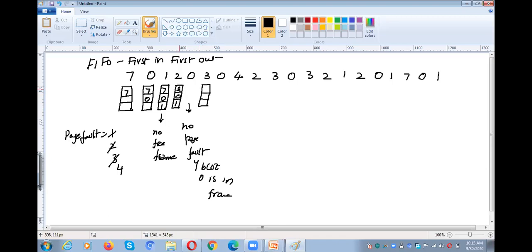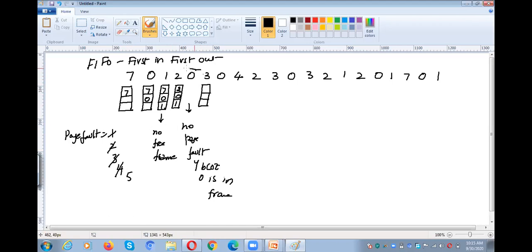In order to keep 3, there is no free frame again. That means 3 is not there in the main memory. Again a page fault. Whenever there is a page fault, we need to check for a free frame. A free frame is not available, as all 3 frames are occupied with 2, 0, 1. So which frame do we need to choose as the victim frame? We need to check like this.